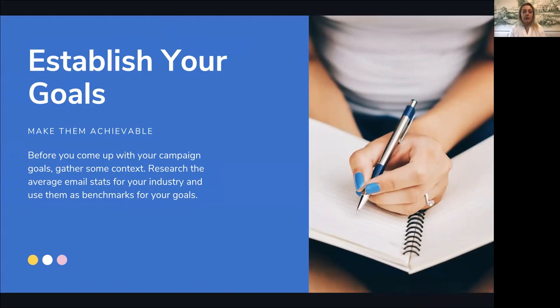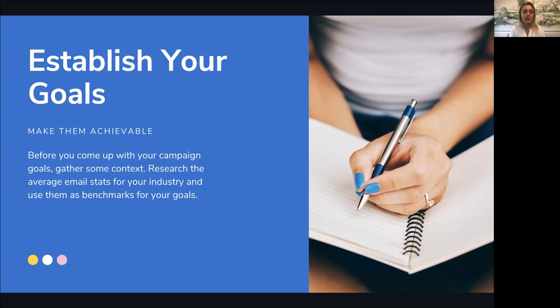The next thing we are going to do is establish goals. And you don't want to make your goals really big. You want to make your goals something that you know you can achieve that year or in the next 3 months or 6 months, whatever your plan says. And my recommendation for that, because you're probably all sitting there saying, well, what should my goals be? Like how many people should I have opening my emails? I don't know about email marketing.